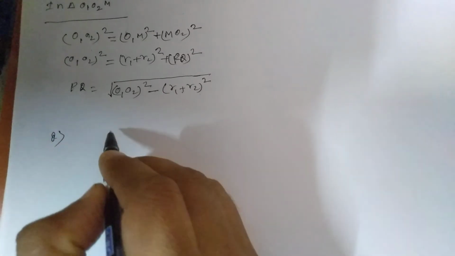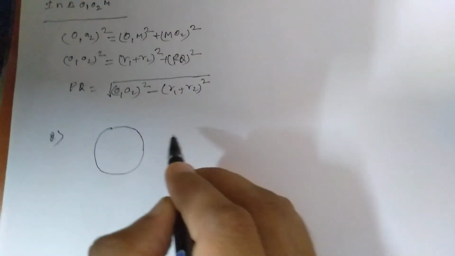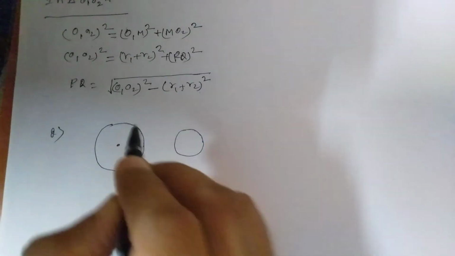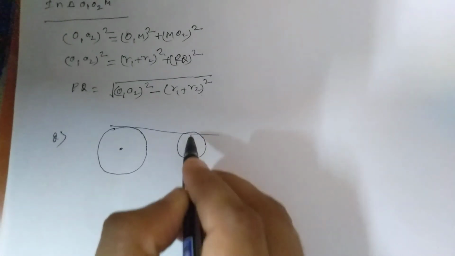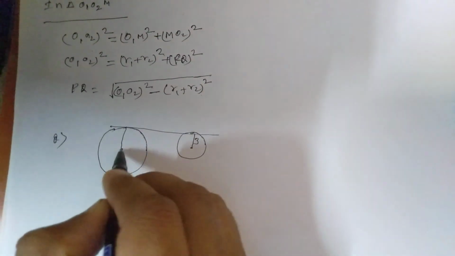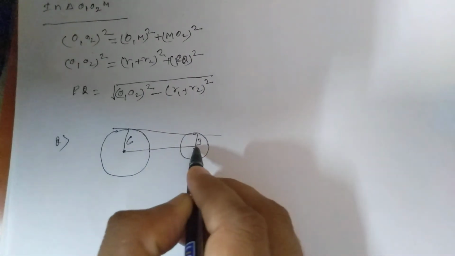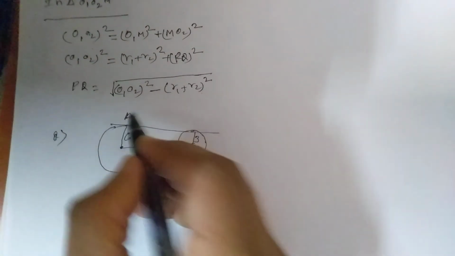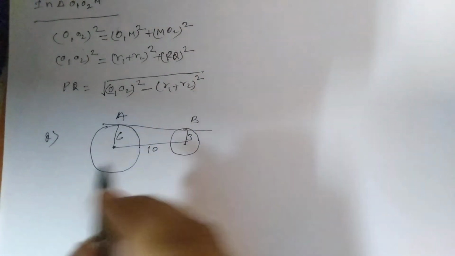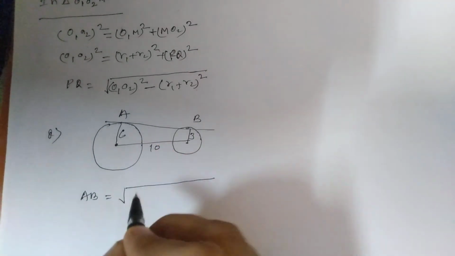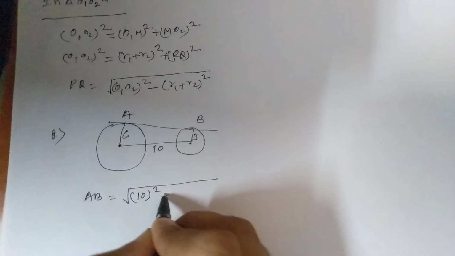So let us see an example. This is a circle C1 and this is circle C2, and we have to find the length of direct common tangent, and this radius is, let's say, 3 and this radius is 6, and the distance between the centers is 10 units. So directly you have to find the length of AB. So this is the direct common tangent. Directly we can find AB is how much? Distance between the centers, 10 square plus